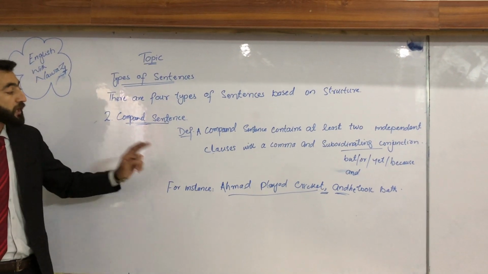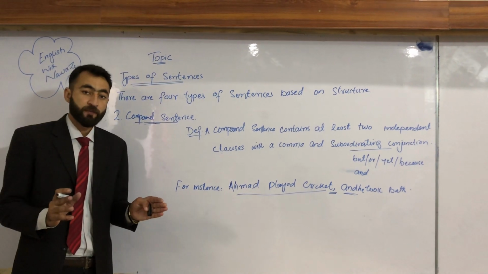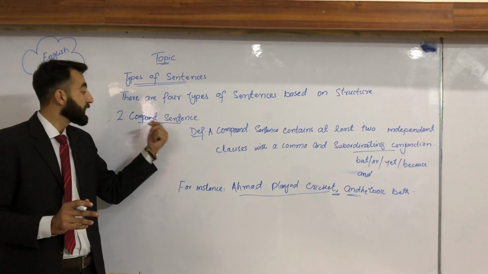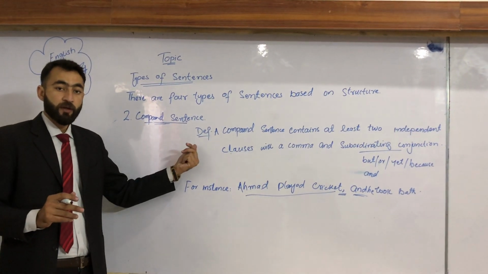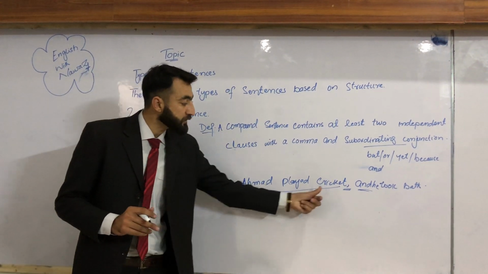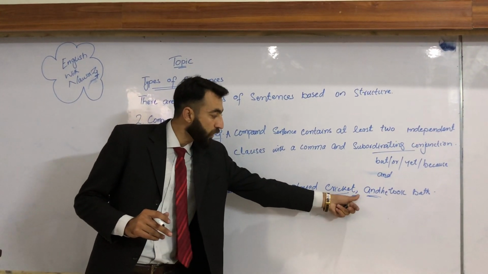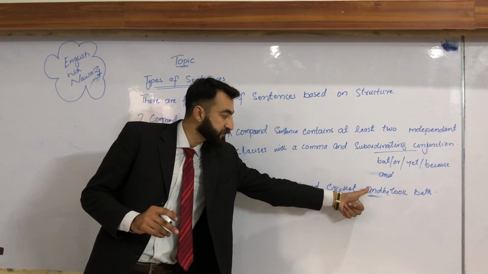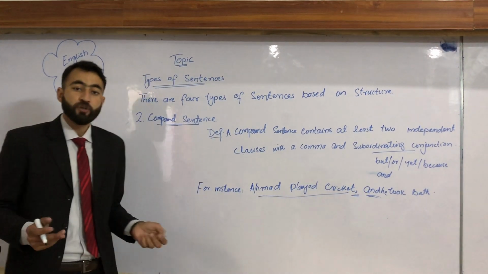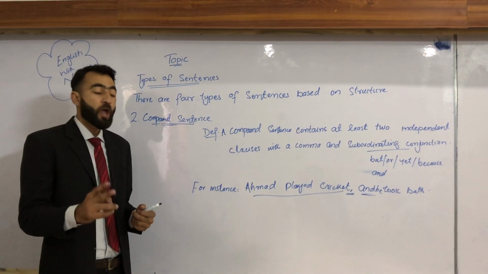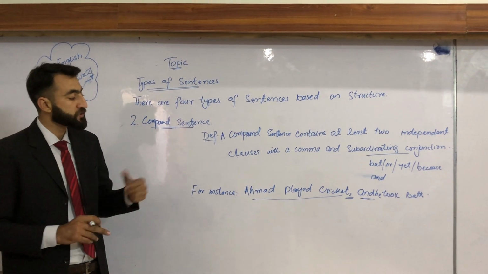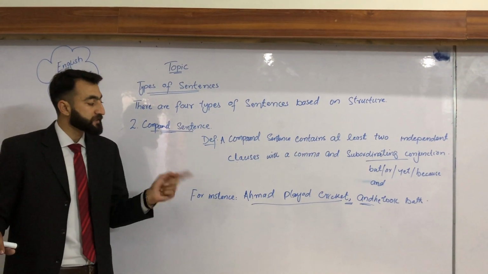So here we have 2 independent clauses. This is why we call this structure the compound sentence. It is crystal clear. Ahmed played cricket, and there is a comma and then the conjunction, and he took bath. So these are 2 independent clauses, and when 2 independent clauses come in one combined sentence,